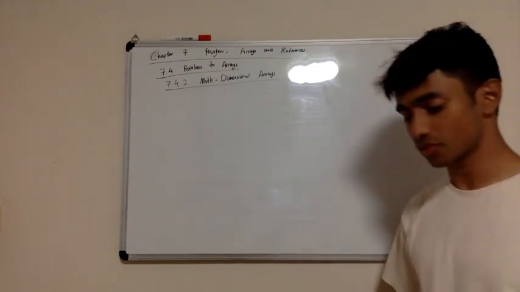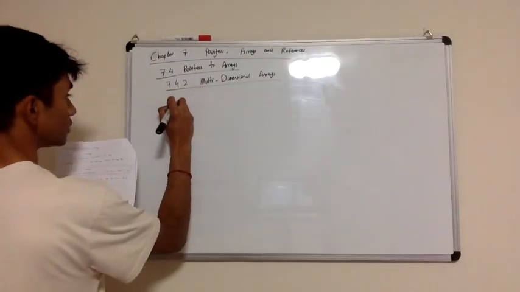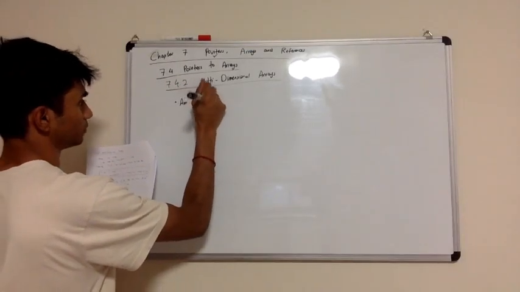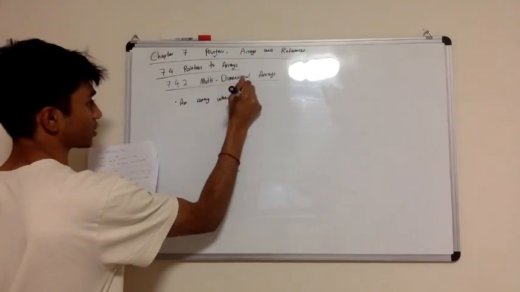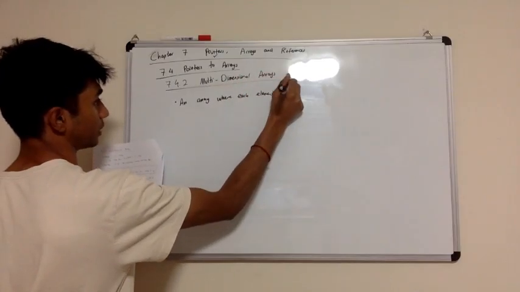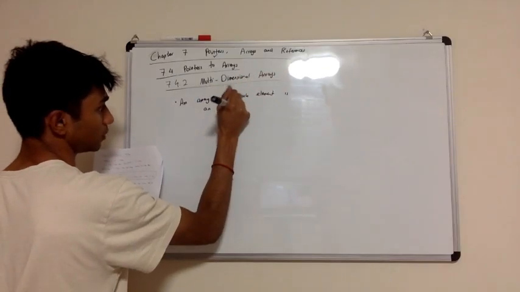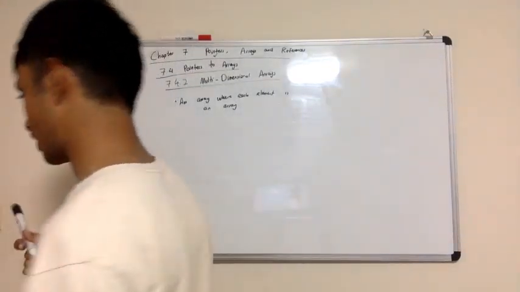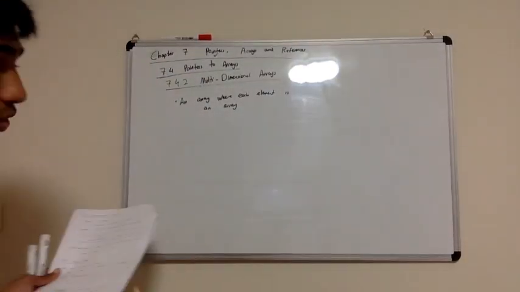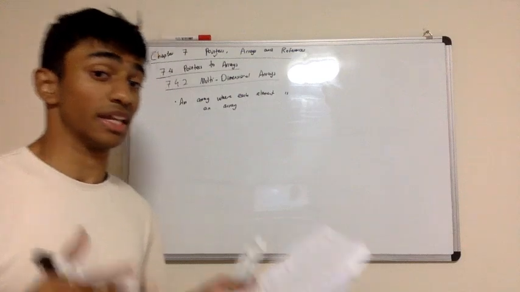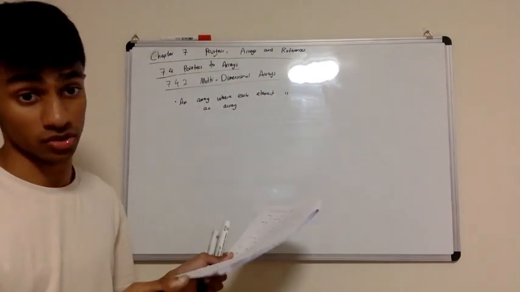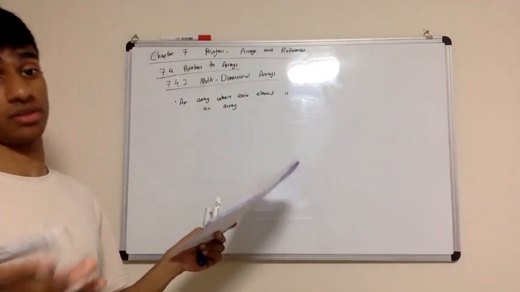But what are dimensions when we talk about arrays? When you see the term multi-dimensional arrays, what you want to think about is an array where each element is an array. Normally we're talking about an array of integers, where each element is an integer, or an array of characters, where each element is a character. But because array is just another type, we can have an array where each element is an array. And each of those child arrays maybe has elements that are integers, or characters, or elements that are arrays, which would make a